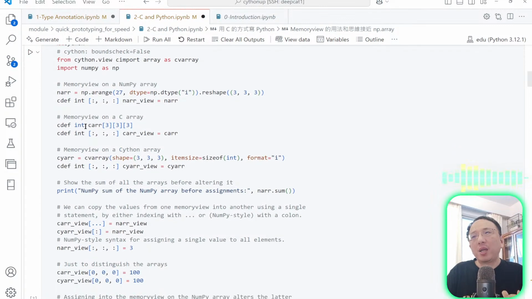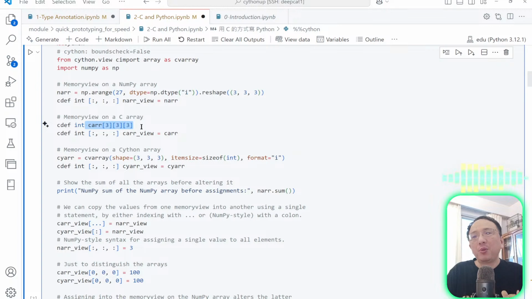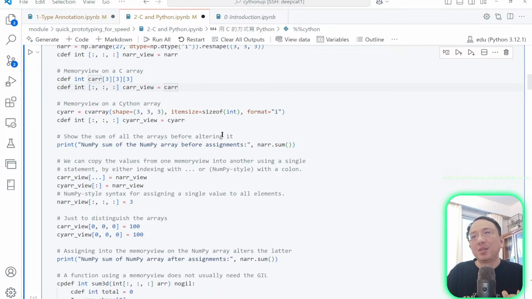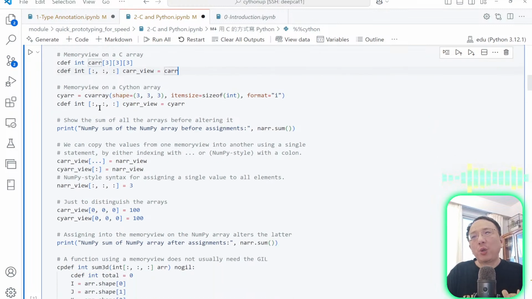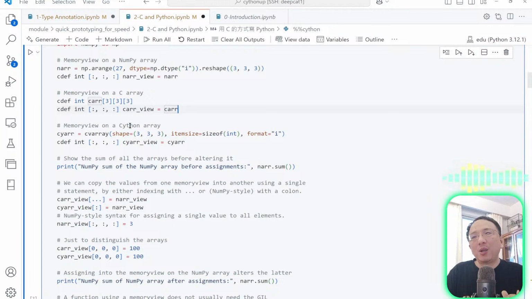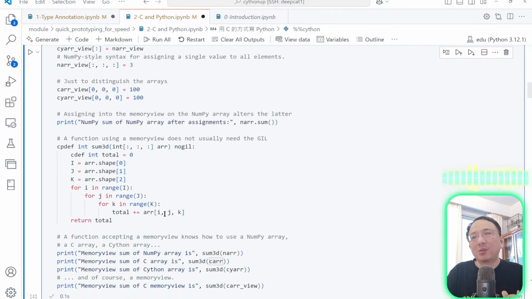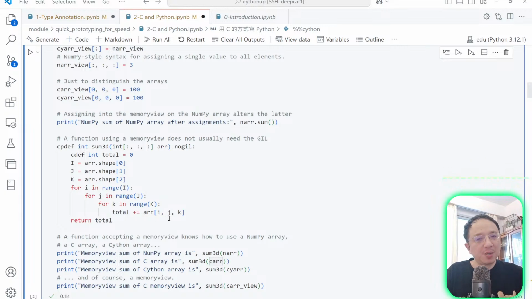And also we can define a C array. If you are familiar with C, we can define a C array. And we can have a C array field on this array. So these are two different things. After we make it an array view, we can access it kind of like what you can do in NumPy,